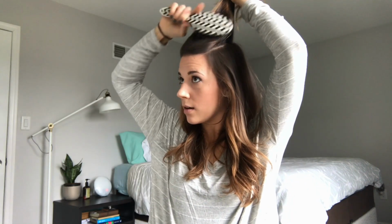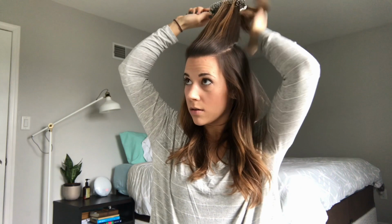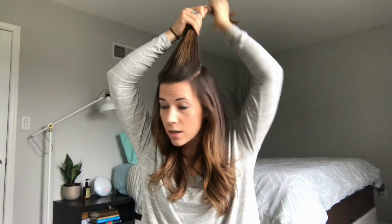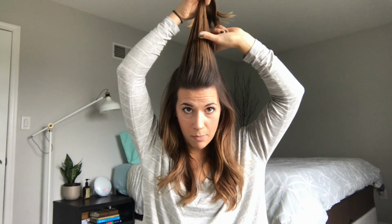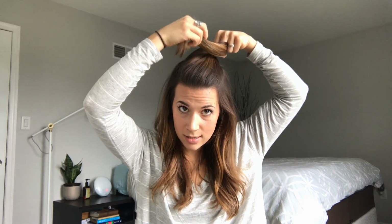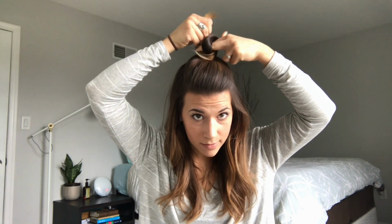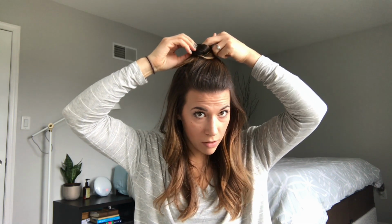My hair's feeling a little bit more tangled, so I'm gonna use a brush. And then what I end up doing is, I take my 2 fingers behind the chunk of hair and my thumb in the front, and I twist it almost as if I'm going to tie a knot, but not completely. Top knot. So I'm going to pull that little bit through,